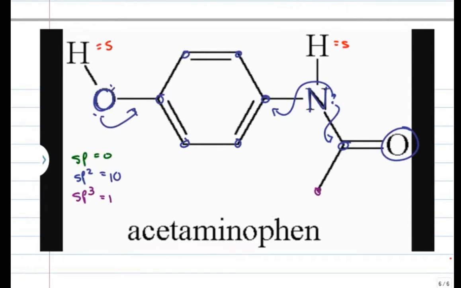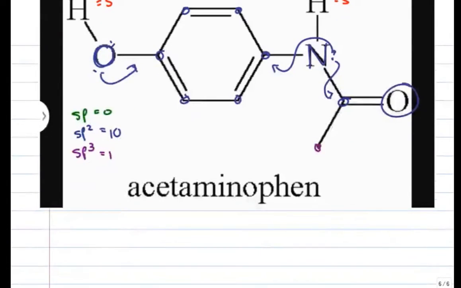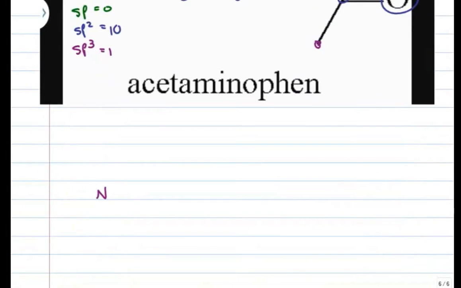Question. Can you explain why nitrogen is sp2? Yes. If a nitrogen or an oxygen atom is near an sp2 carbon, it will hybridize so that it can resonate, because resonance is stability and atoms like to be stable. So if I have nitrogen near something that looks like this,